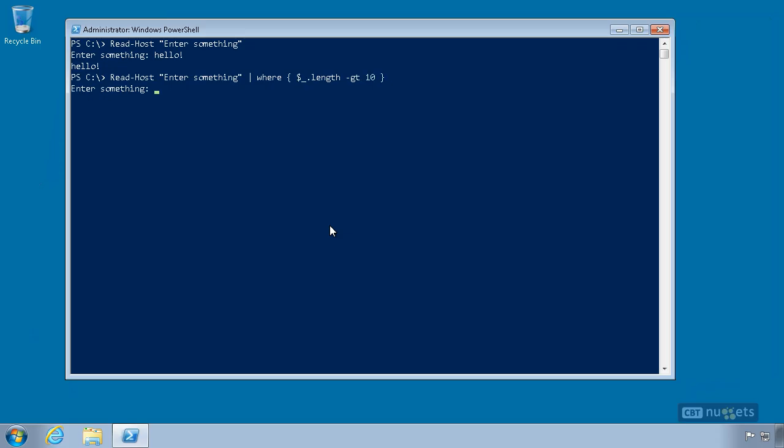I'm going to be prompted. I'll type a 6-character string, which was not long enough to make it through the where object command. We'll run it again. That should be well over. It runs through the where object command and appears on the screen because it was at the end of the pipeline at that point. More commonly,